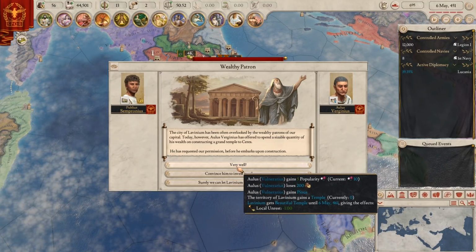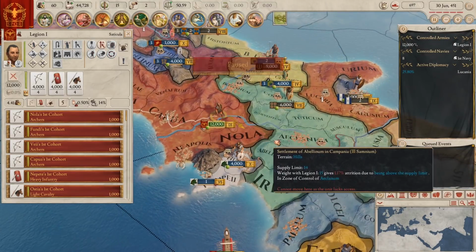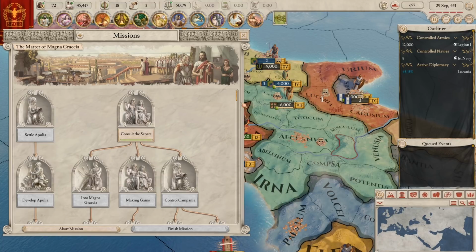I could let him invest. You know what? Very well. You may build that temple. Enjoy yourself. Our army's right over here. I think they're going to do just fine. Let's move them a little bit closer than they were. More missions are going to be popping up. See, look at that. We're about to finish that one. I'm going to wait and see what's going to...